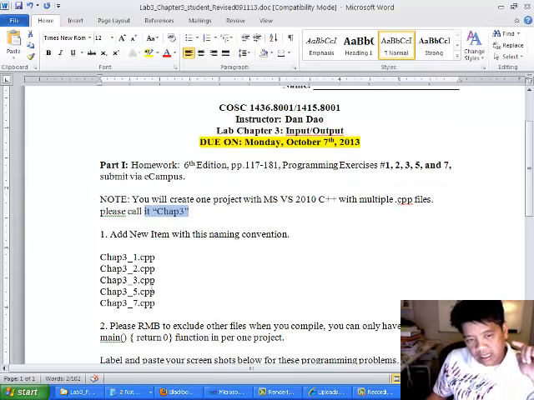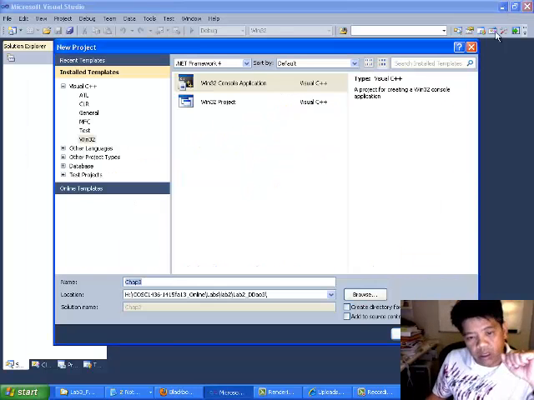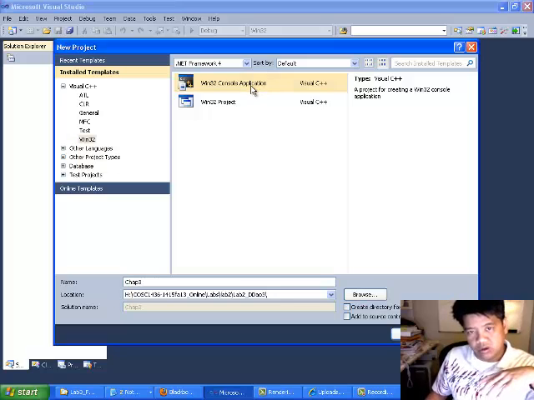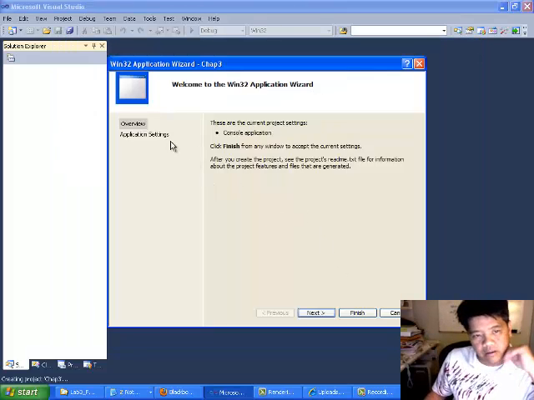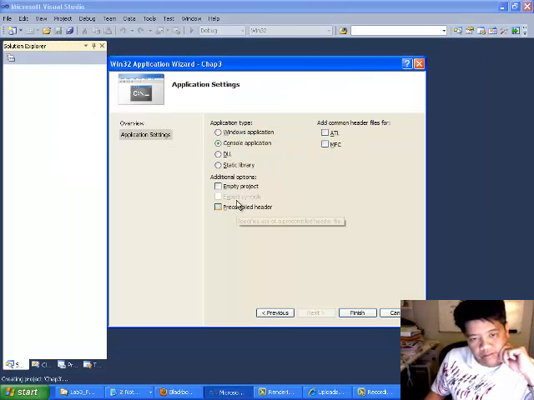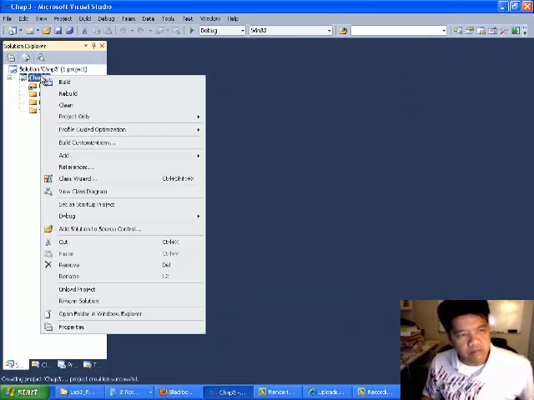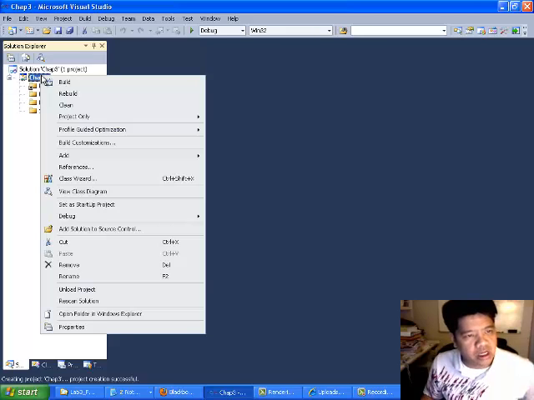I'm going to help you start out with this. So I do my 5 checkpoints. Like you did from lab 1, Windows 32 console application. This time, chap 3, one word, uppercase C. Make sure this is disabled. When you come to this stage, choose empty project and click finish. Then you right mouse click on chap 3 and come down to add